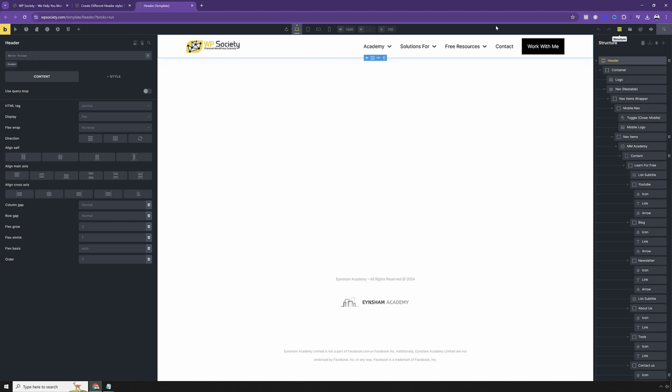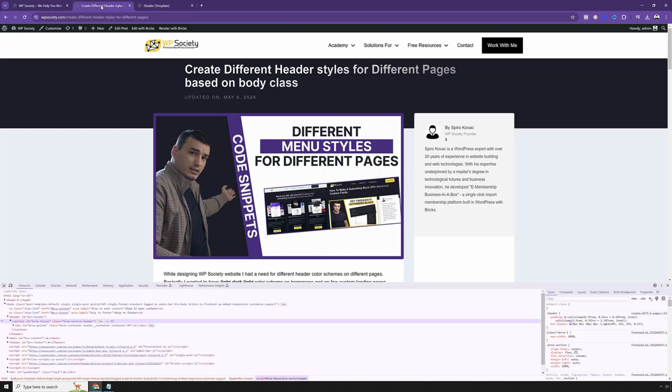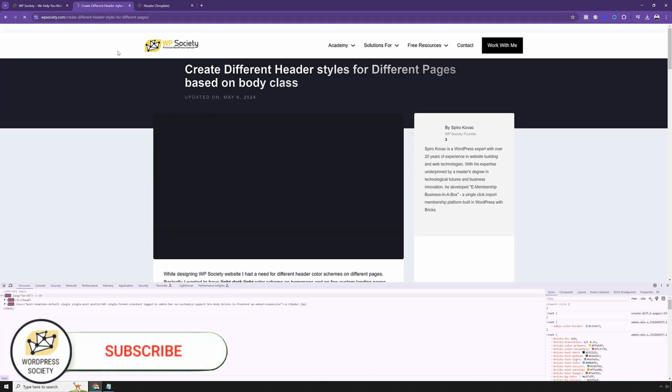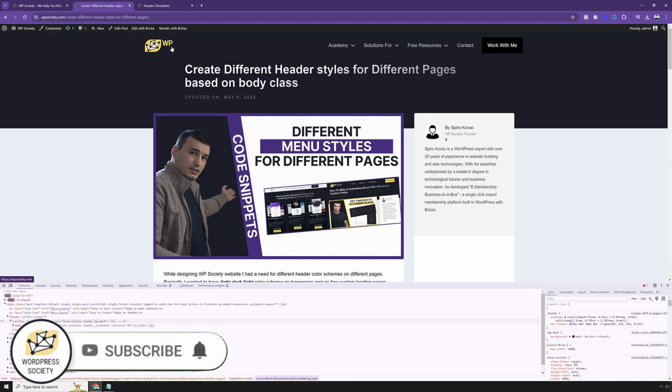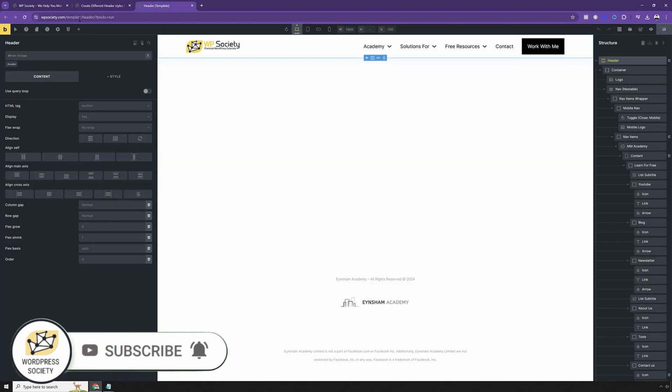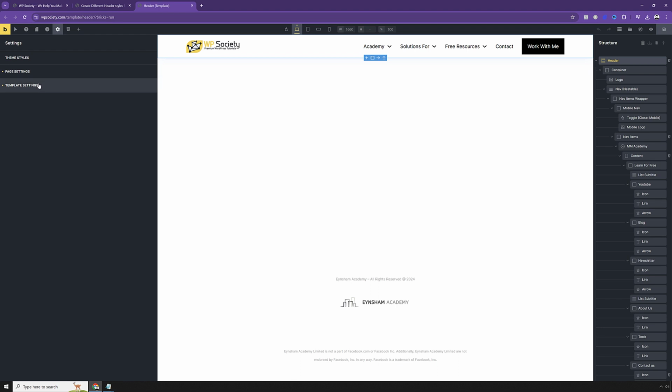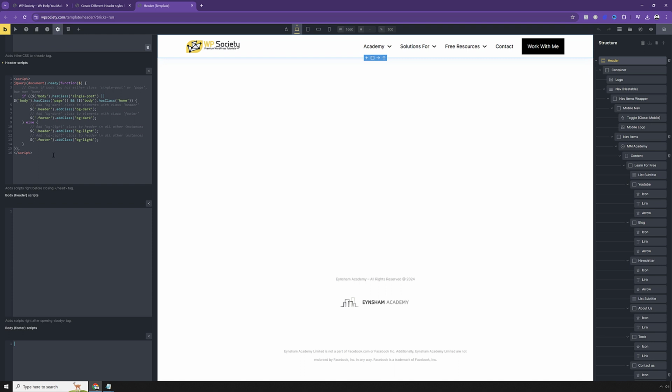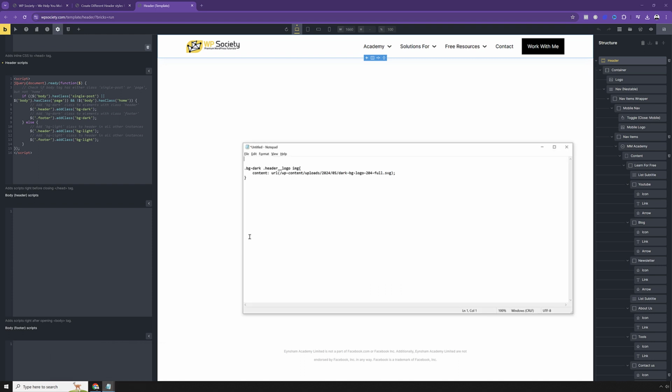Now if we save this and go on a dark version of the background and refresh, you will see that it will have a dark background, but the logo will not change. To change the logo, all we have to do is get again into the page settings, custom code, and then into the custom CSS you want to copy paste this little snippet,